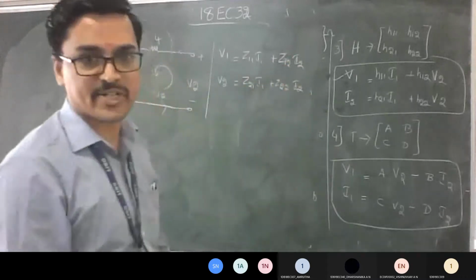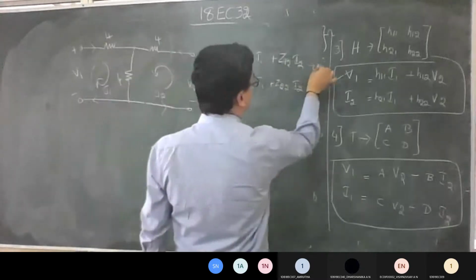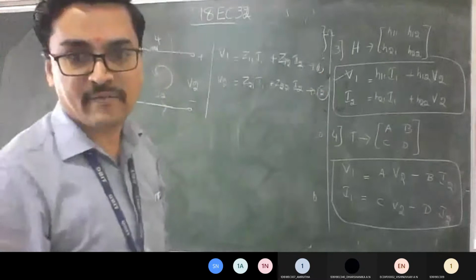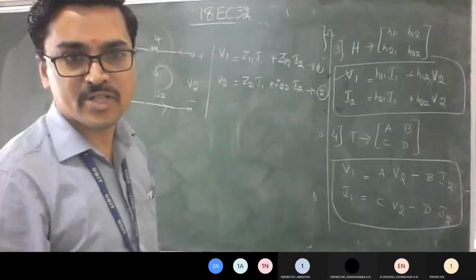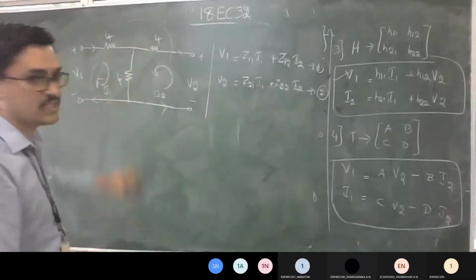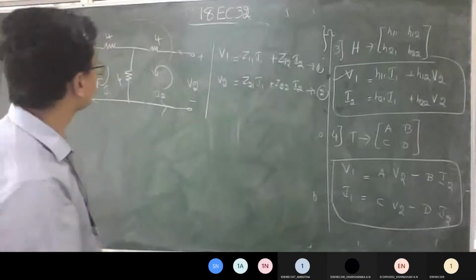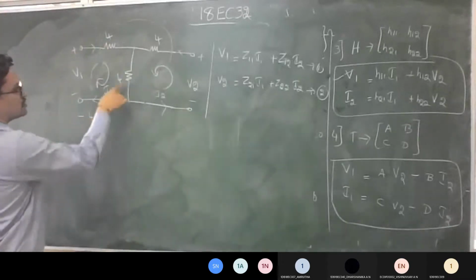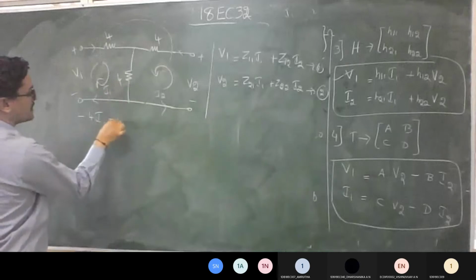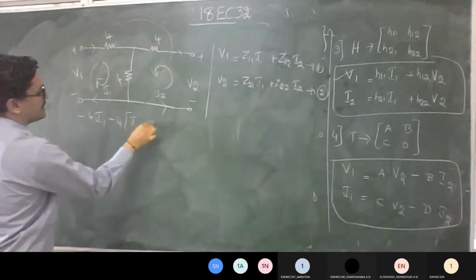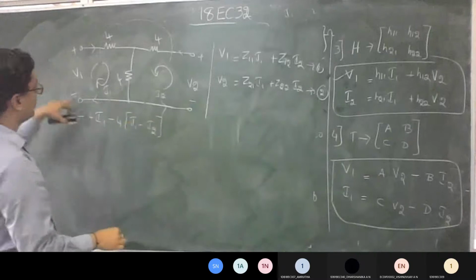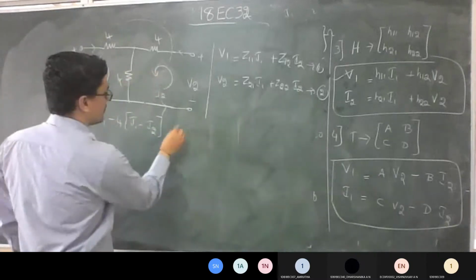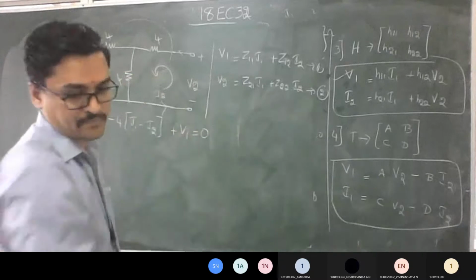So this is your generalized equation. If you want, you can designate them as equation number 1 and 2. Now apply the logic of your KVL. Tell me what is the mesh equation for the first one. You can designate from here: minus 4 I1. This 4 is between these two in parallel. So minus 4 I1 minus I2, then minus to plus means the voltage should be positive, so plus V1 equal to 0.